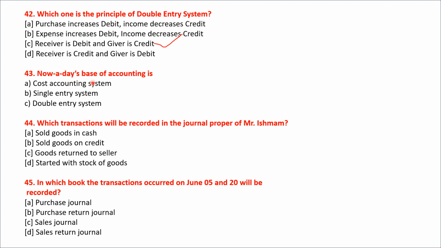Nowadays, base of accounting is cost accounting system, single entry system and double entry system. So इसका सही आंसर होगा ऑप्शन सी, डबल एंट्री सिस्टम. ओके,